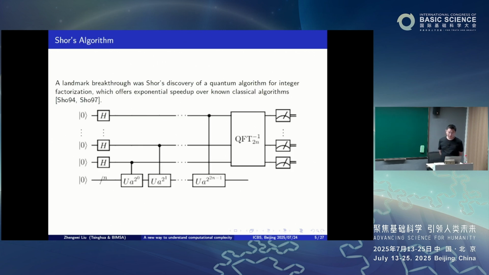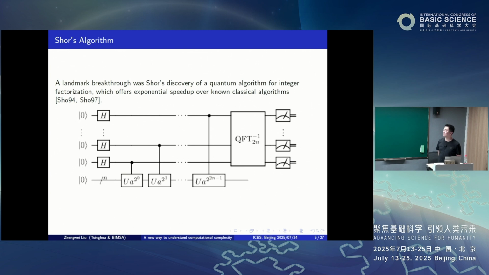So what really makes most people interested in the subject is this famous algorithm, Shor's algorithm. It factorizes big numbers. You can take a product of two prime numbers, P and Q, and get a number n. And then if you want to factorize this number n, it's very hard classically. So far, people don't know whether this can be solved in polynomial time. At least there is no such algorithm at this point. And most people believe this is hard.